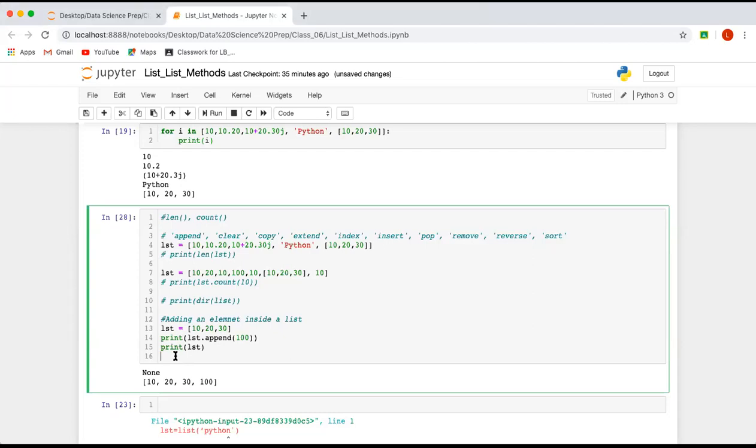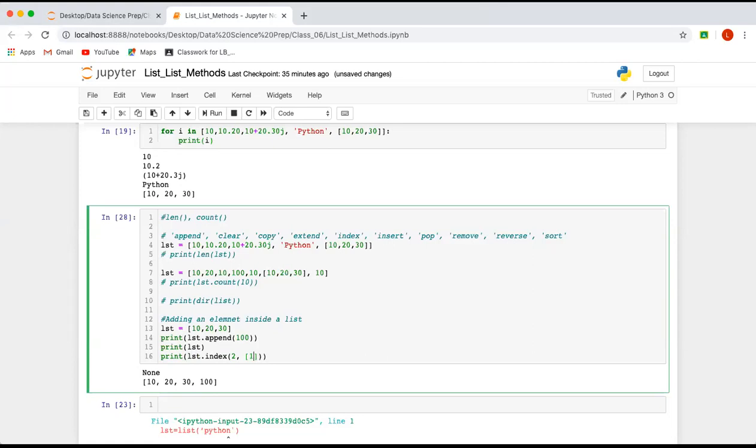Now I want to add one element at a particular index. So similarly I will use print lst.index. In which list do you want to add? In this list, so you write lst, and first you write the position where you want to add, comma, and then the value which you want to enter.